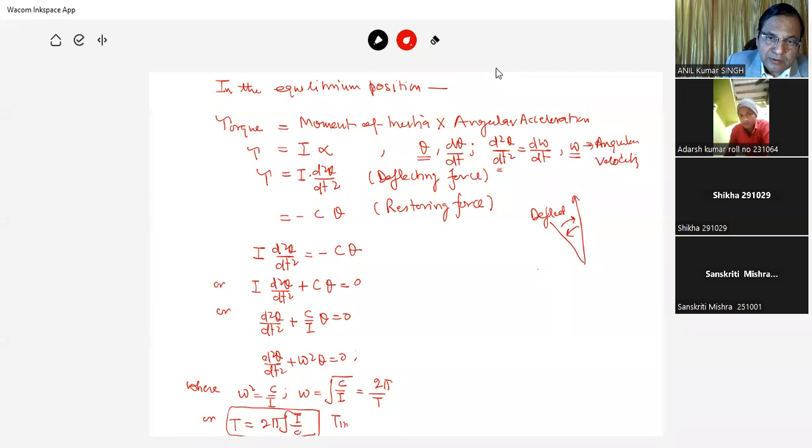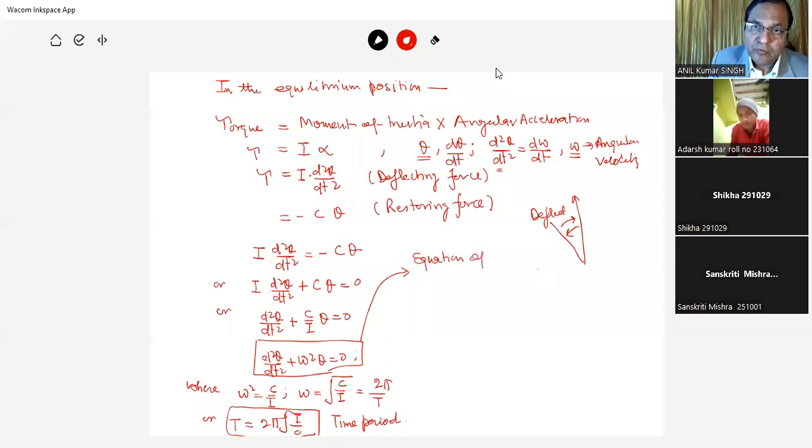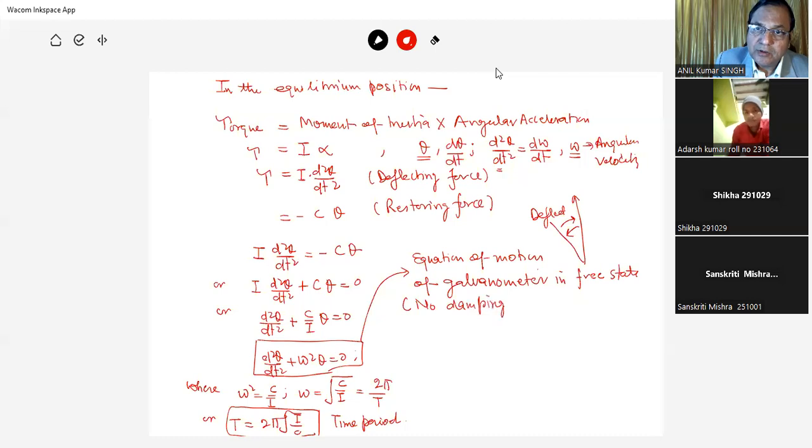this is your time period, है ना, time period। और ये क्या है, this one is the equation of motion of the galvanometer, equation of motion of galvanometer in free state. फ्री स्टेट का मतलब नो डैम्पिंग, नो डैम्पिंग का मतलब आइडियल केस।